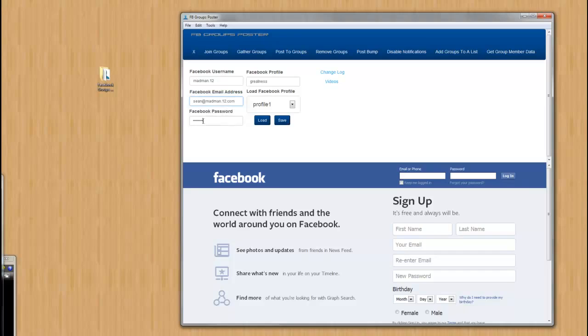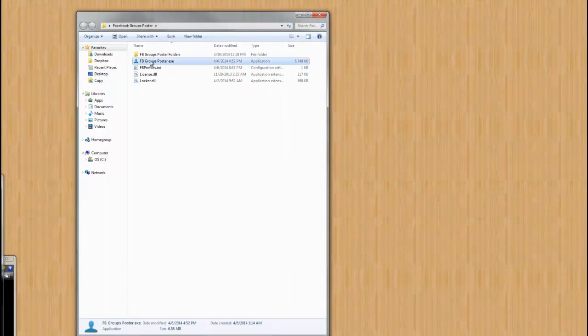I'll type in some junk for the password, and then I'm going to hit save. All right, so I hit save. This profile is saved. Now if I close the software out again and open it back up,